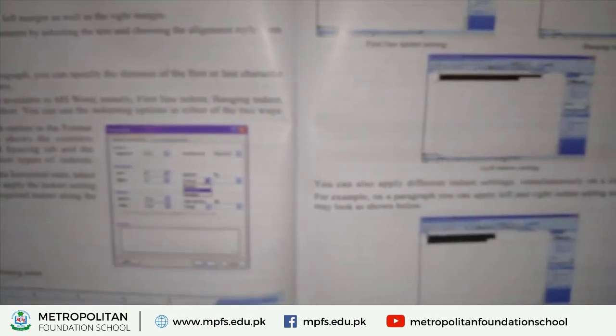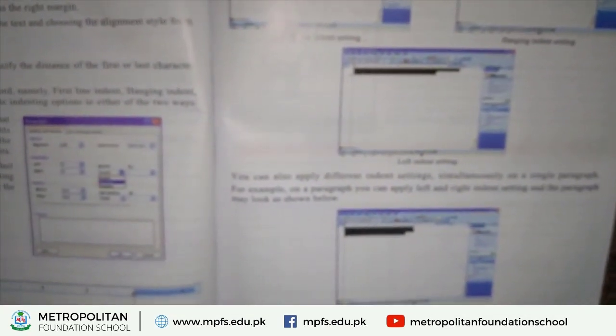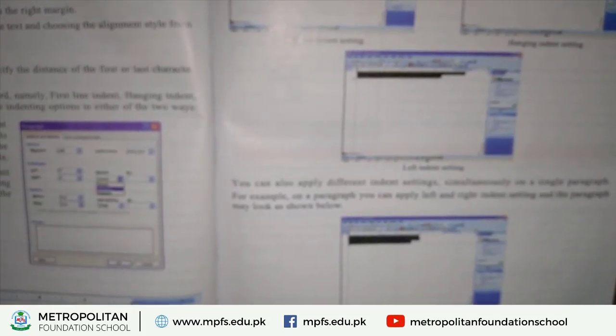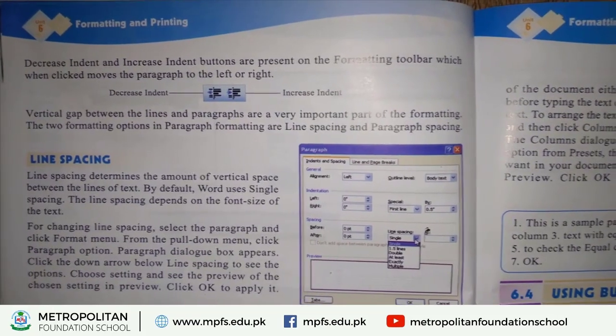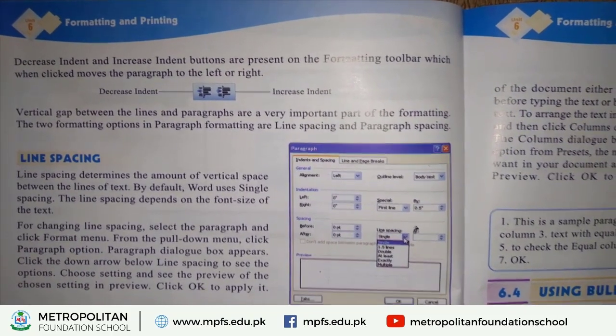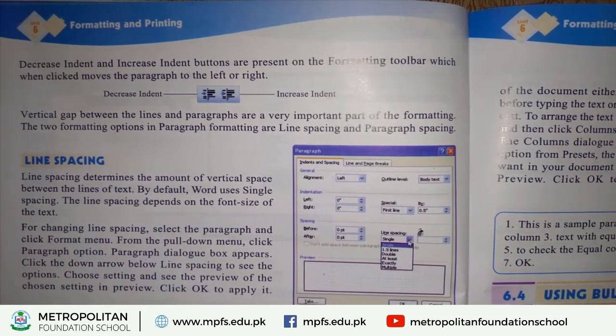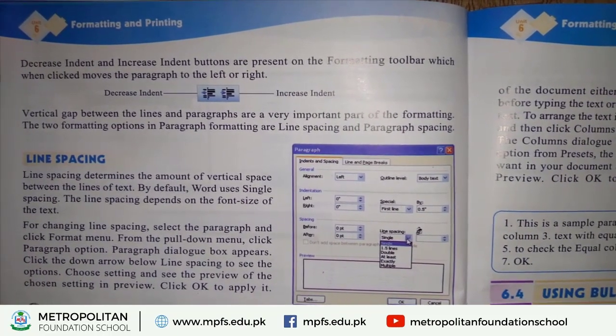Now after this, we will switch to the next page, page number 68. Decrease indent and increase indent buttons are present on the formatting toolbar.